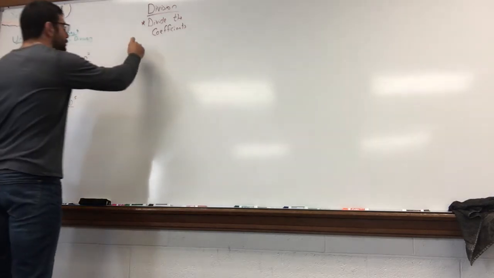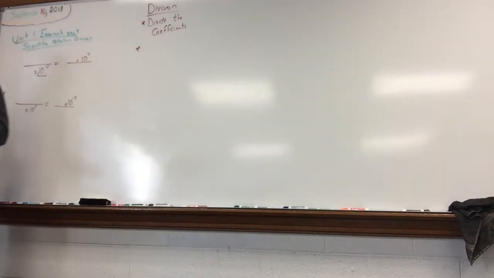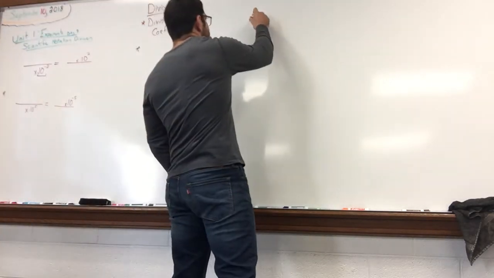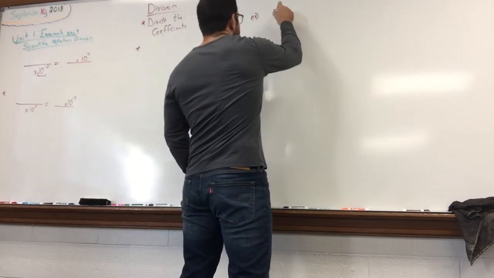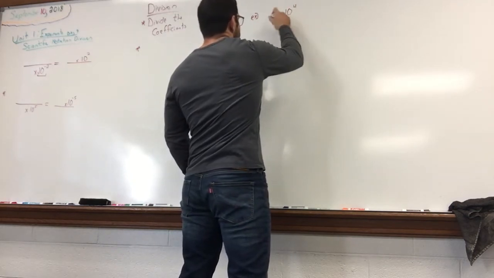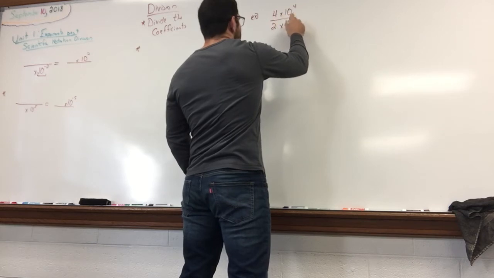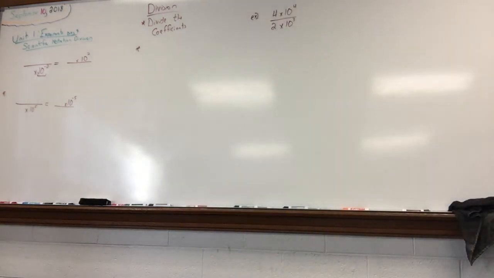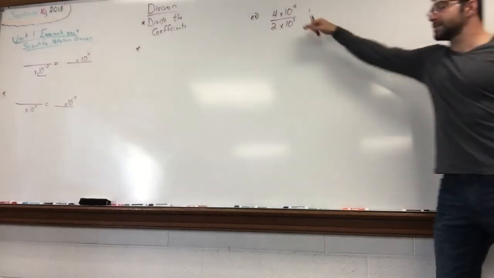And then I'm going to have you formulate the second step. Because remember, for multiplication, we multiplied the coefficients, kept the base of 10, added the exponents. Today, you're going to figure out what we need to do with the exponents. So, let's start off with a nice, easy example. 4 times 10 to the 4th divided by 2 times 10 to the 3rd. This is a division problem. Scientific notation in the numerator, scientific notation in the